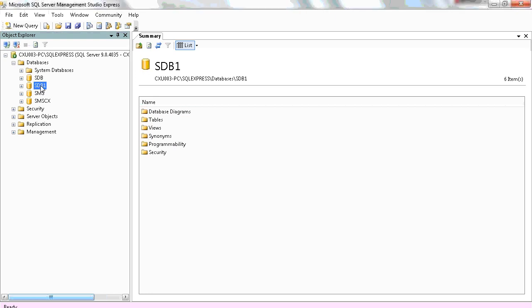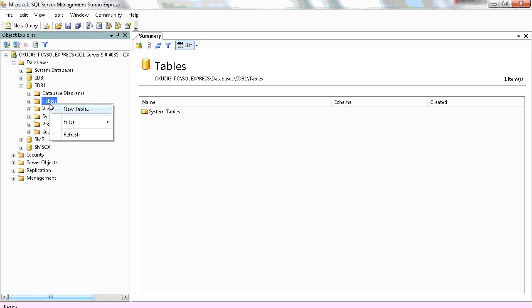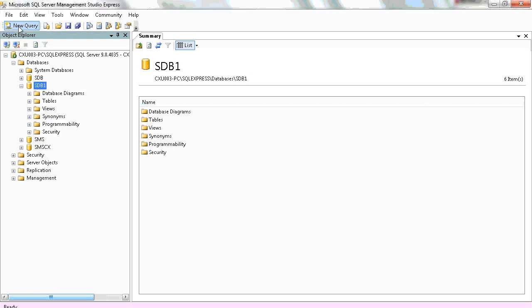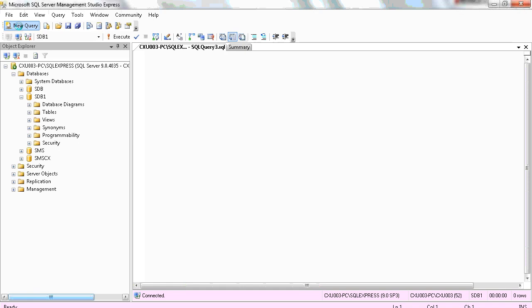Now in this database, I want to create tables. So you can right click and then say new table, or you can say new query. Please ensure that now you are in the database SDB1. Whenever you are creating tables or stored procedures, anything, you have to be in the right database. You can just say